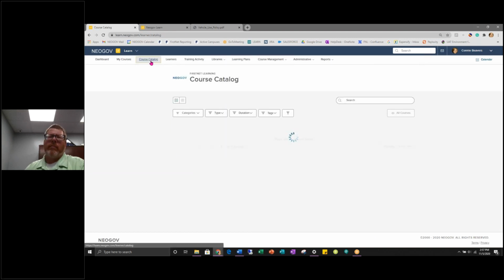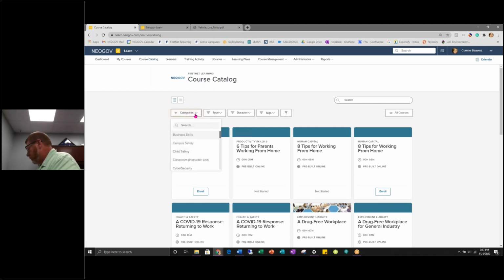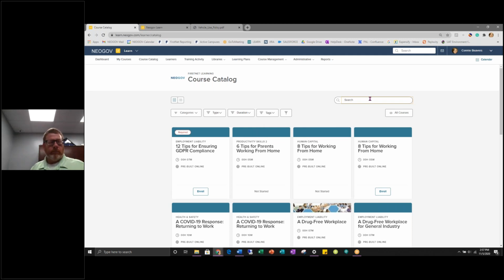Course catalog. This is where you and your employees can go to enroll into courses. So the course catalog allows you to filter by categories, by type, by duration, and you can even assign tags and keywords to courses, and you can search by that as well. You can also enter the course name here and search this way for a course, or you can switch your view